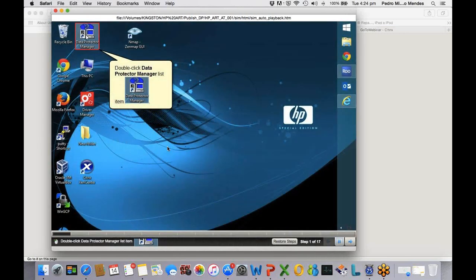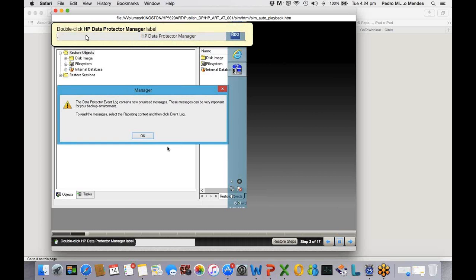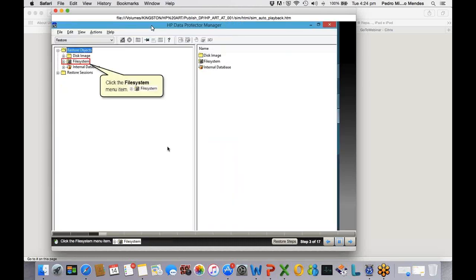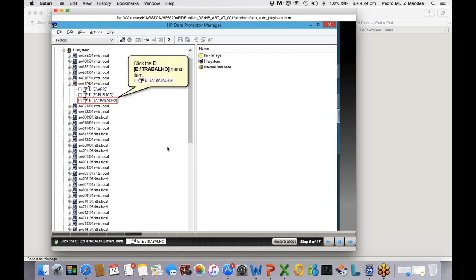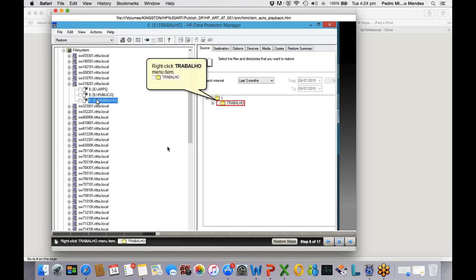As you can see, we are clicking to open Data Protector, and all these balloons help me, telling me where to go. Just go to the file system, click the server, choose where the database is, just right click.